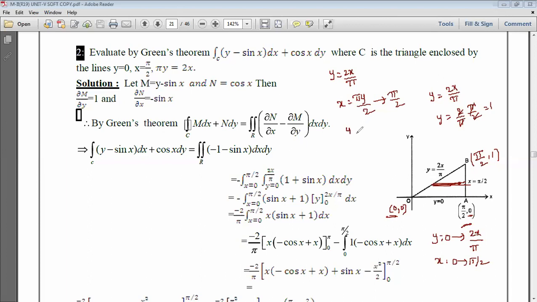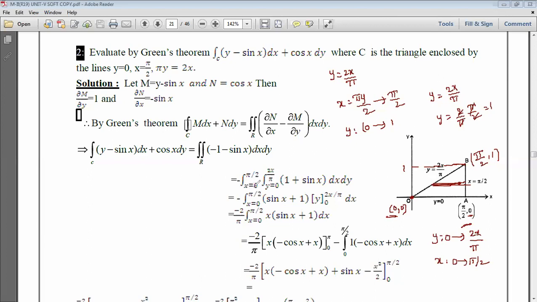For y, vertically you need to see, from 0 here, and next where it ends, this is the line, so this is nothing but 1. So y is from 0 to 1. If you take horizontal, the limits of x and y are like this, and if you take vertical, the limits of x and y are this. So mostly we prefer taking vertical limits, then you may get the integration easy. In some cases, if you choose horizontal, you may get different regions, then it may be difficult, and you need to find two regions. So we just prefer vertical. So we got the same limits here.